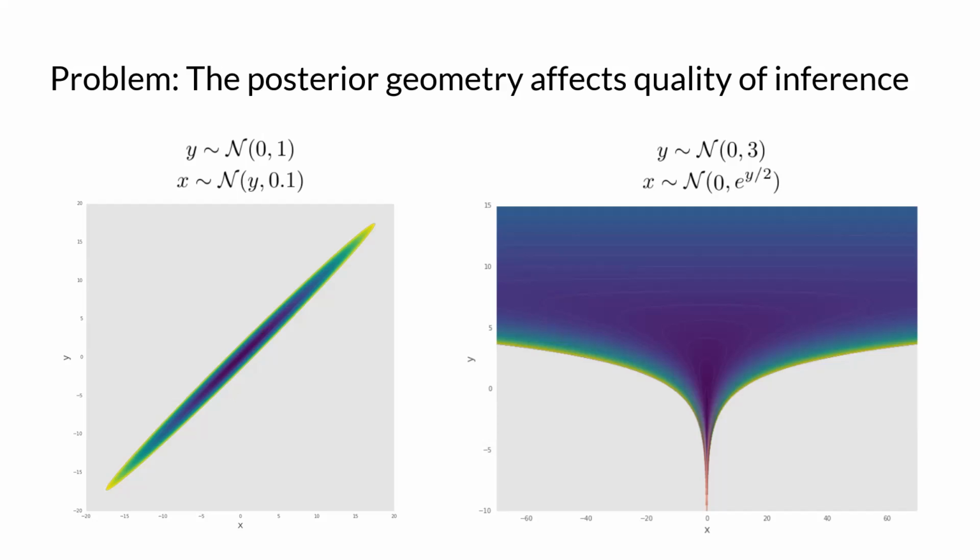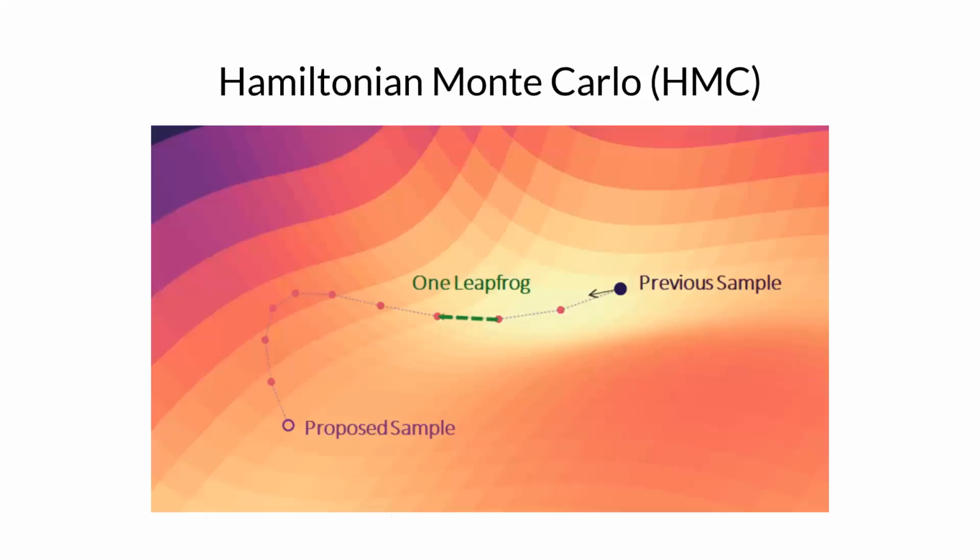And now you might be thinking, okay, that doesn't sound very smart. Surely we can do something smarter. And yes, we can. Another thing that we can use, which is what we use later in this work, is Hamiltonian Monte Carlo. I'm just going to recap very quickly HMC in case people are not familiar with it.